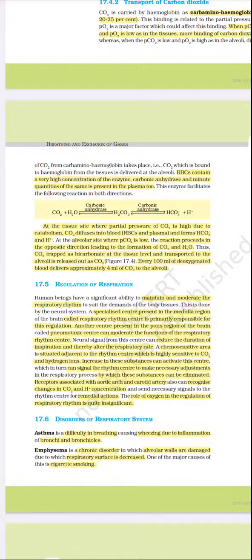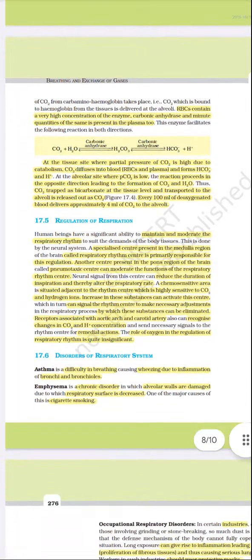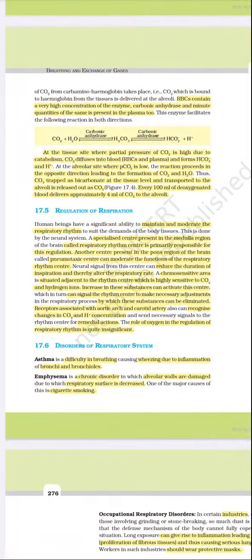Carbon dioxide which is bound to hemoglobin from the tissue is delivered at the alveoli. RBC contains a very high concentration of the enzyme carbonic anhydrase, and minute quantities of the same are present in the plasma too. The enzyme facilitates: carbon dioxide plus water gives H2CO3 and then HCO3 minus plus H plus. At the tissue site, where partial pressure of carbon dioxide is high due to the catabolism,